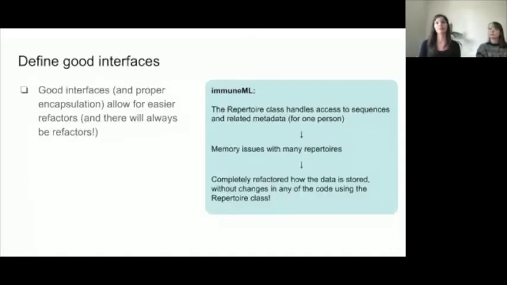For refactoring as such to be possible, we need to define good interfaces, and in case of object-oriented design, that also means do proper encapsulation and good separation of concerns, so as to allow for easier refactors. And there will always be refactors regardless of whether you do agile development or not. Making a good design, making good, clear interfaces